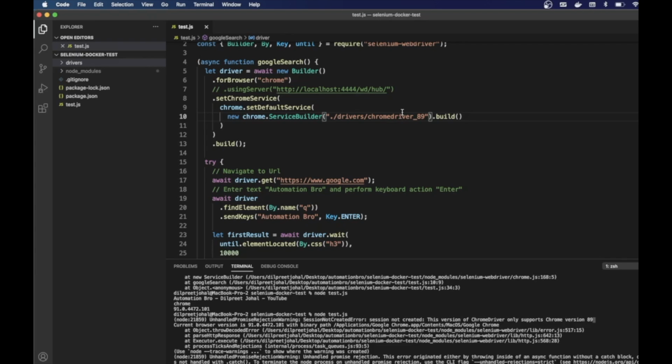Now I know I'm just specifying all of this, but I haven't actually given you a proper example. So let's take a look at how this will work in an actual example. So here's the thing, guys. I can directly go ahead and show you the solution with how to run tests in Docker. But I want you guys to understand what the problem exactly is over here that we're trying to solve.